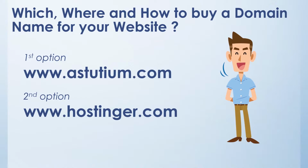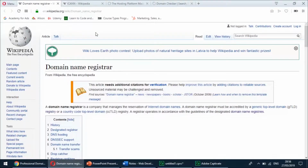Right, Wikipedia, you can always read something about that domain registrar. So this is the company you need to trust. They do various things. They do hosting, they do the email support, as I mentioned before. You can read through it. It's very basic and everything. So I did mention some facts already from one of these articles, and from what I know, you can only buy domains for 10 years. Of course, there's a deal for 100 years, but it's not official. So it's not official because of this